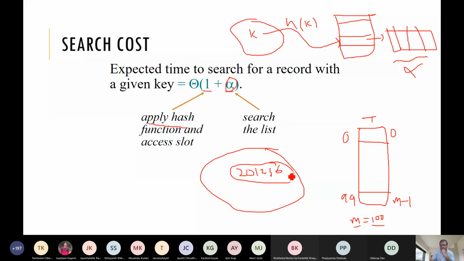If this is hitting, say, this slot, say this is 10, then we need to store 201256 over here. So this is an array of the keys, whatever the keys are. Sir, should they be arrays of pointers to the starting element of the linked list?